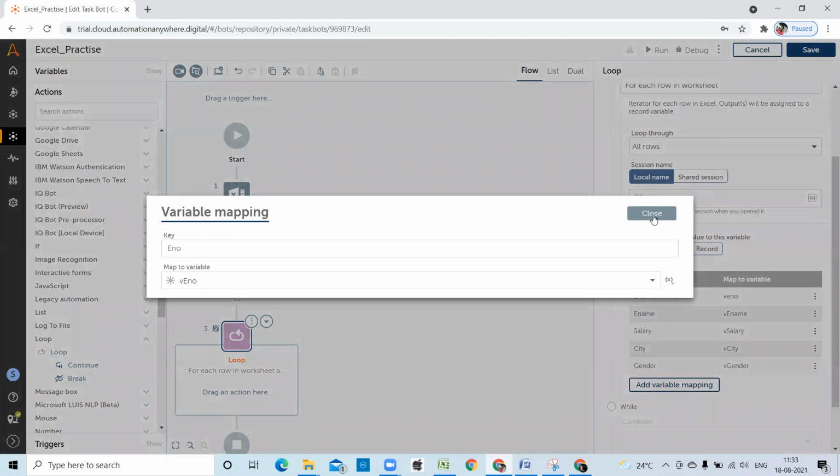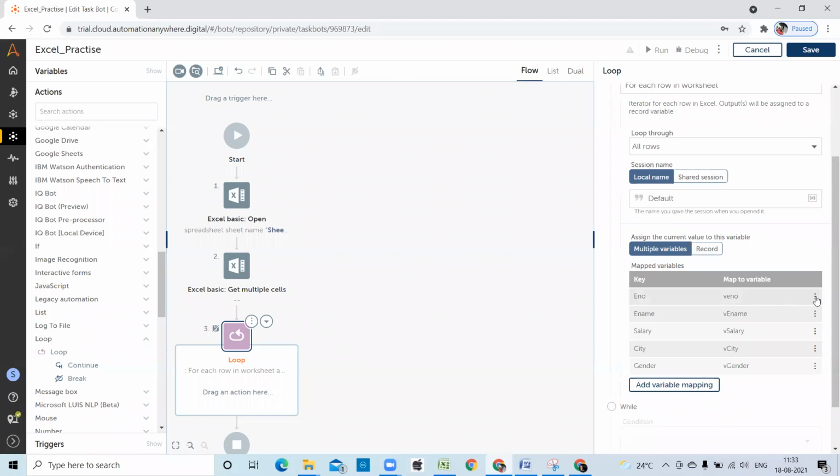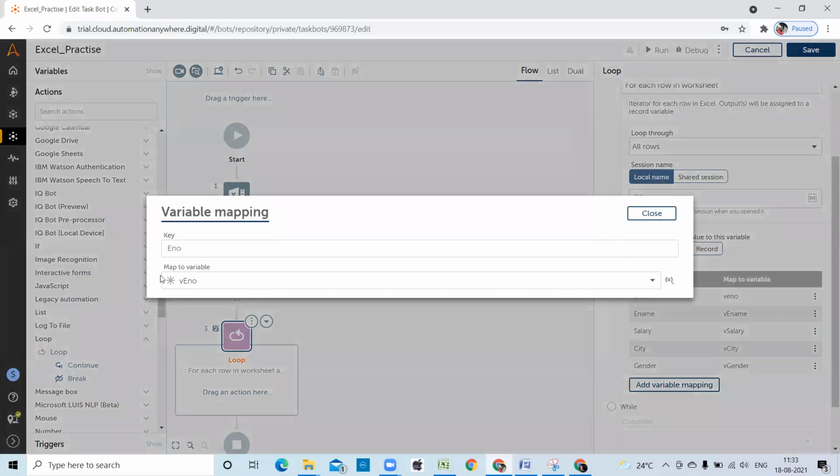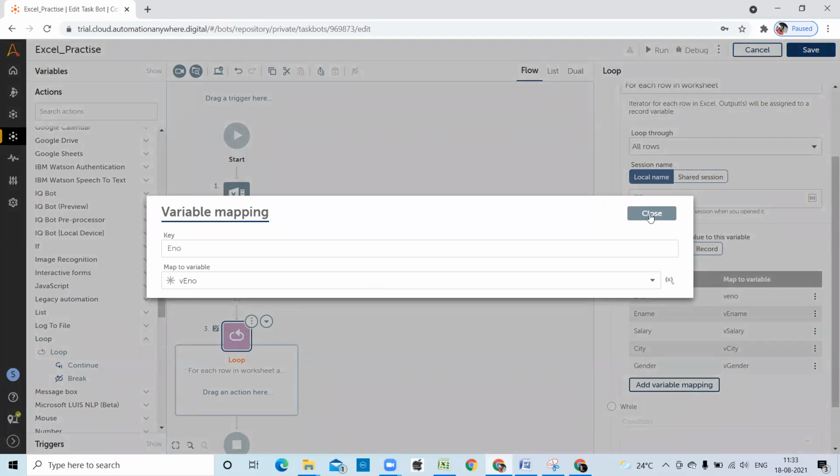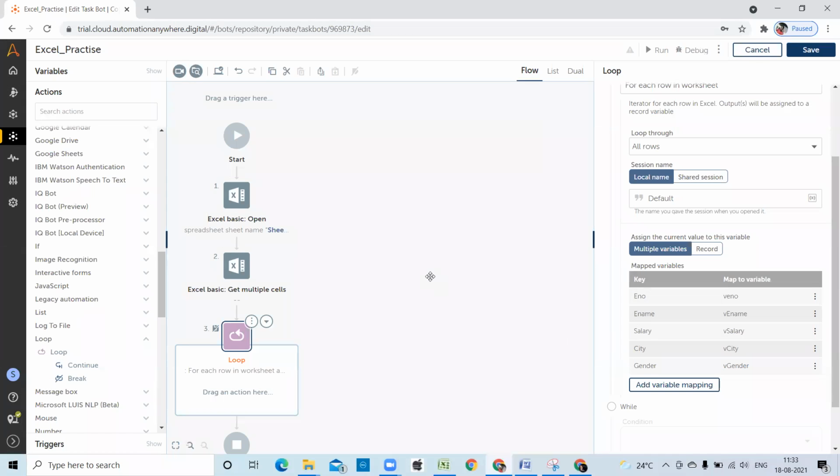It is showing small letters here, small e, but I have given caps E. Okay, no problem.